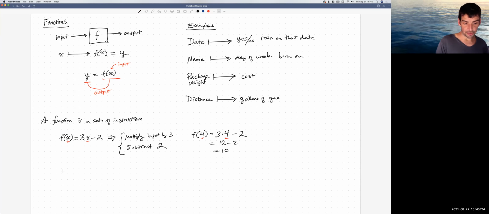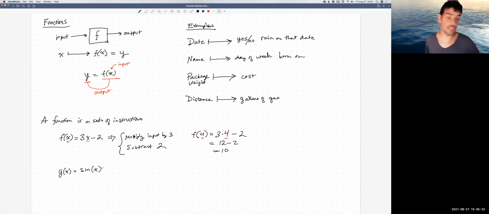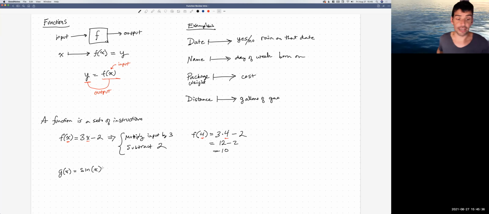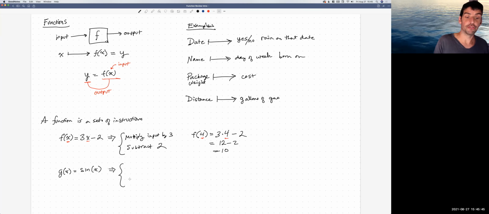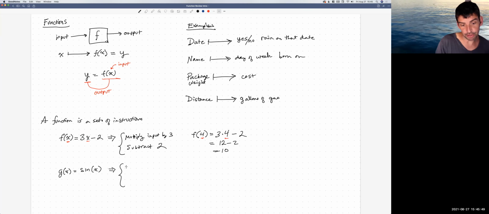Right? Some functions mathematically have more complicated sets of instructions. Right, g of x, so I'm calling my function g, and this is the function sine of x, which in itself is the name of a function. This is a much more complicated function, right? If you remember your trig, I'm not going to try to go through the whole definition of sine, but remember you start with a unit circle. Draw a unit circle,